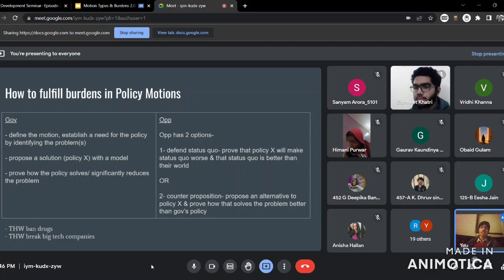So this was about policy motions. Policy motions can look like drugs, where I've already told you what exactly you are banning. For the second example, breaking the big tech, there are different ways of breaking the big tech. You can break the big tech by, let's say, if Amazon has multiple parts to itself, Amazon Web Services, Amazon Retail, and things like that, you can have all of them divided into different companies, or you can say that,